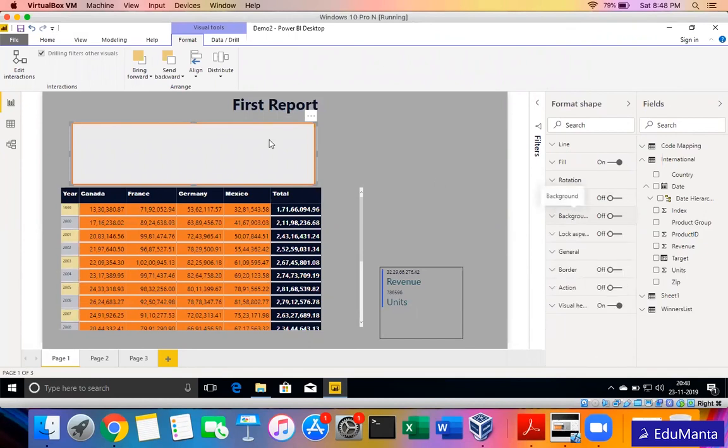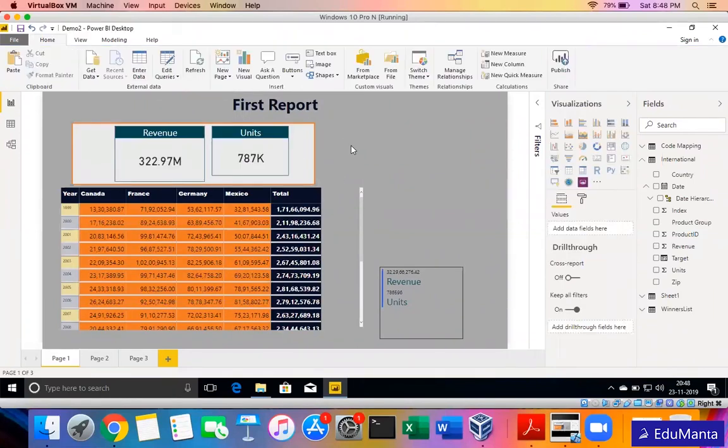It should go to the back, like the visual should come on the front. I'll select it and say send to back. So this has gone to the back. So this is how it will come up. Sometimes it happens that we want to group different things into a report. It will just increase the visual appeal.